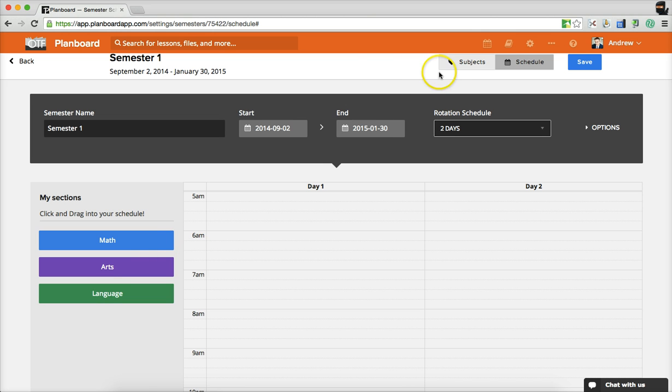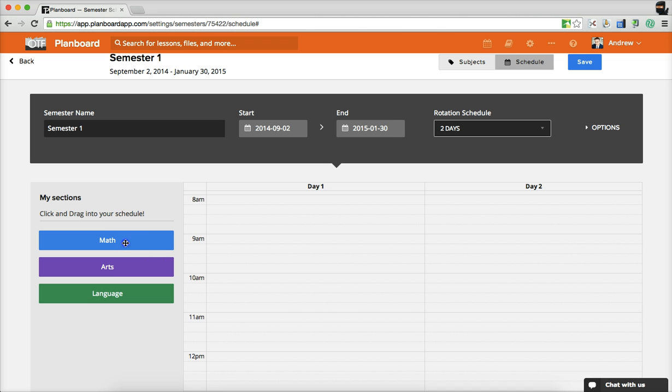Again, anytime I want to go back and add subjects, I can. So if I want to drag my math in, say on day 1, I'm going to start off with math at 8 a.m. I can drag and drop it in and just release it there. Now it defaults to a half an hour, but I've got this little toggle down here. You can see the arrow that pops off. I click and drag, and say it's going to run for an hour long, I can drag it down to 9 there. So I'm going to have math from 8 to 9 in day 1,